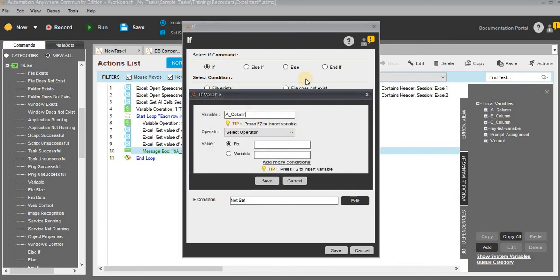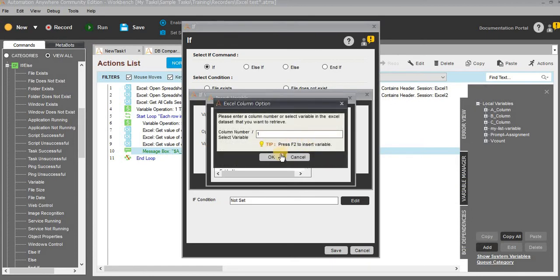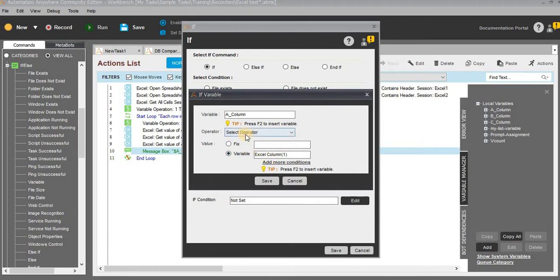First, we are going to check. This A column is referring to the Excel2 values, and here Excel column 1. Just select Excel column 1. And the logic operator. Here you need to validate. This A column is referring to the Excel2, and this Excel column will refer to the Excel1. So we are going to match the data between Excel 1 and 2, right? So if the data is not matching, not equals to, we need output.